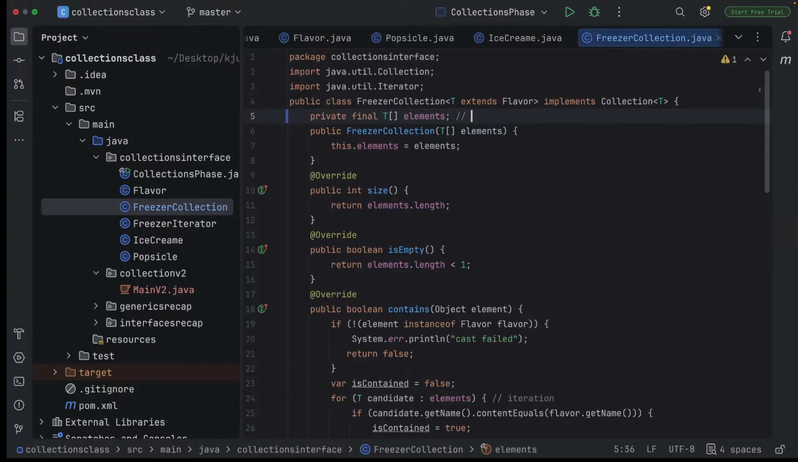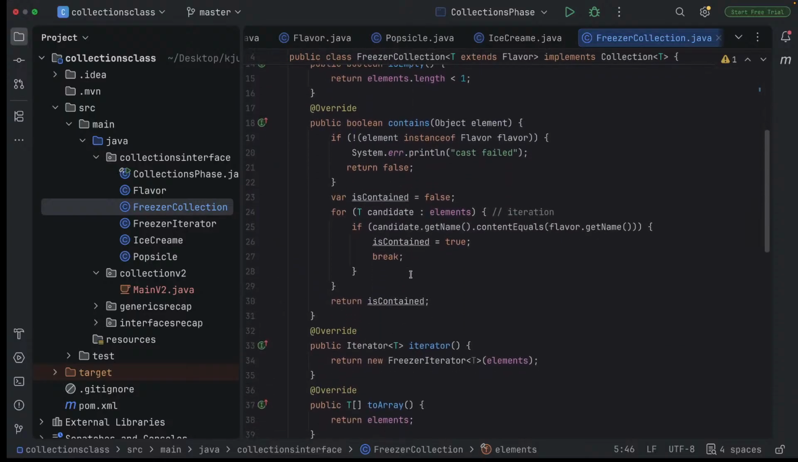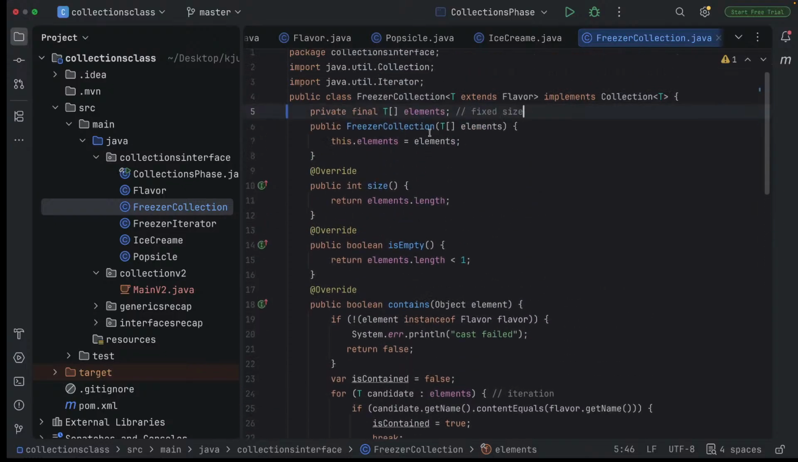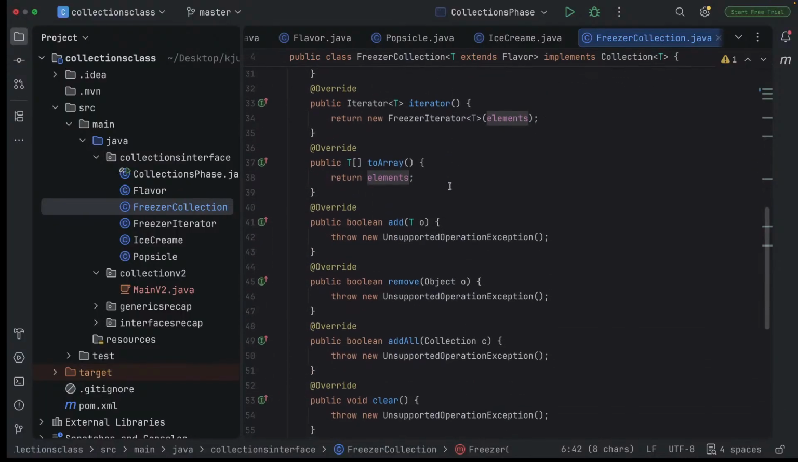So the array that we used here is fixed size. It's not dynamic. We don't have functionality within our freezer collection to expand or contract it, whichever direction. If it is initialized with 10 elements or 5 elements, we are limited to those 5 elements during the lifetime of that freezer collection. We can't change it. And that is why, if you look at some of the methods we were not able